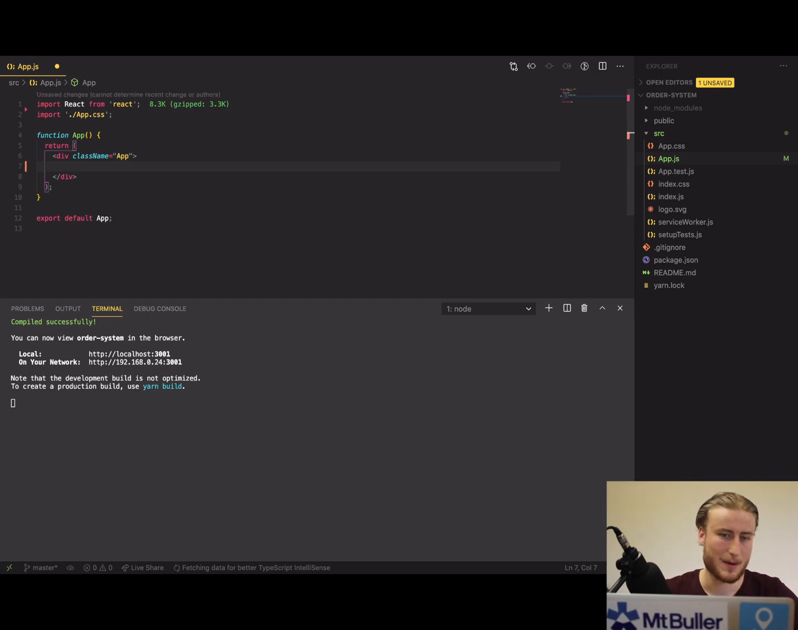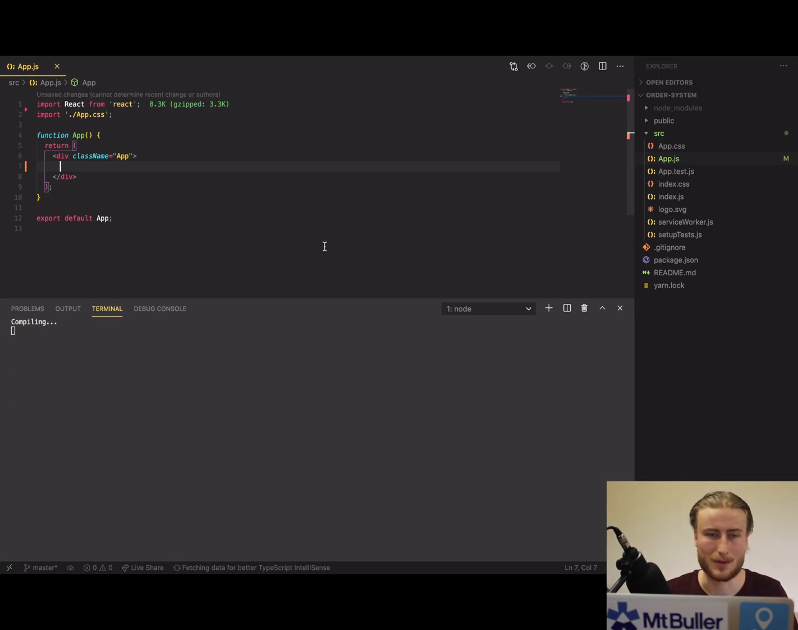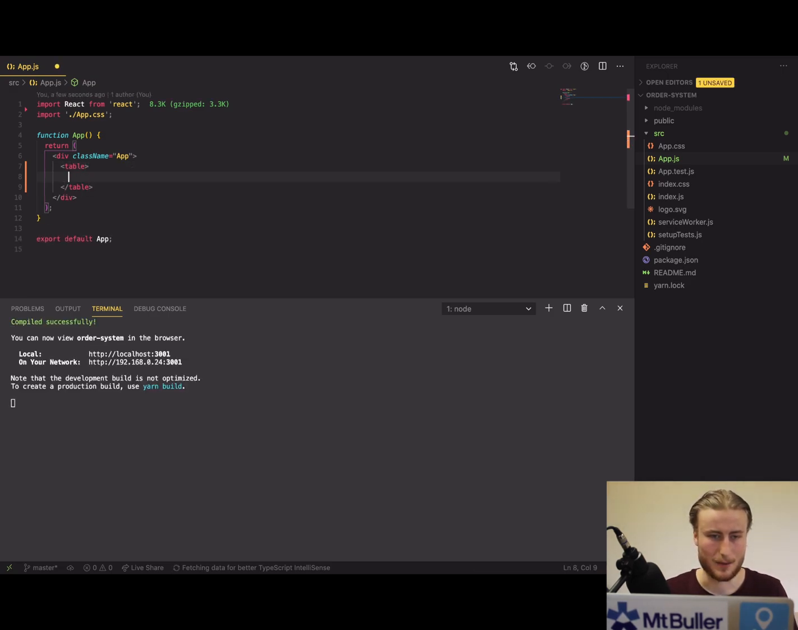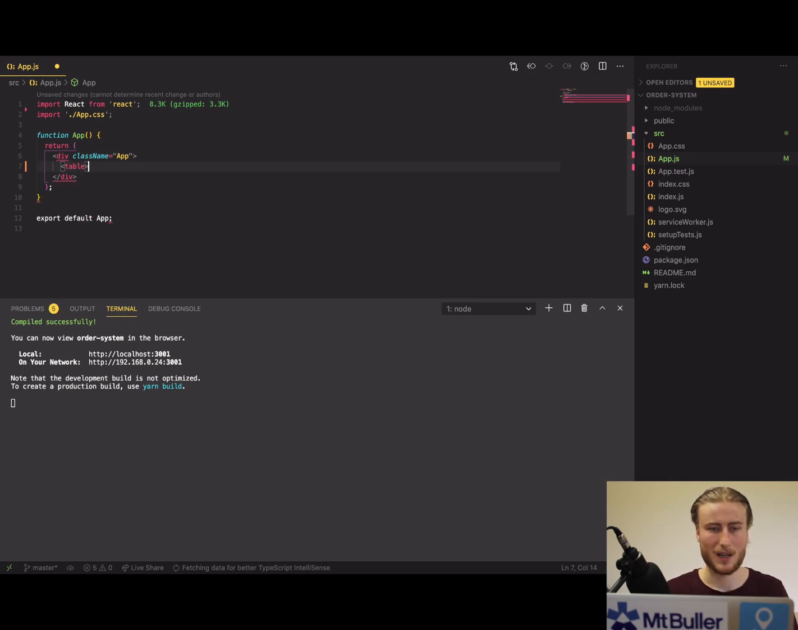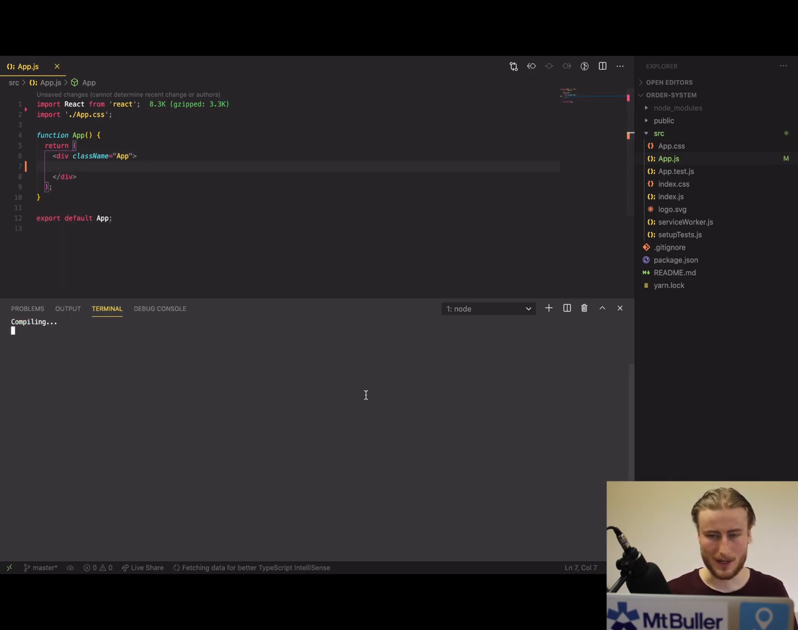So we've got div class name equals app, and what we're going to do is install Material UI for a table. I don't like doing the old style table, t-head, blah, blah, blah. There's just too many compatibility issues, and it's old and it looks bad. So we're going to use Material UI table. It looks a bit nicer. And the way we're going to do that, open a new terminal tab or window, and we're going to go